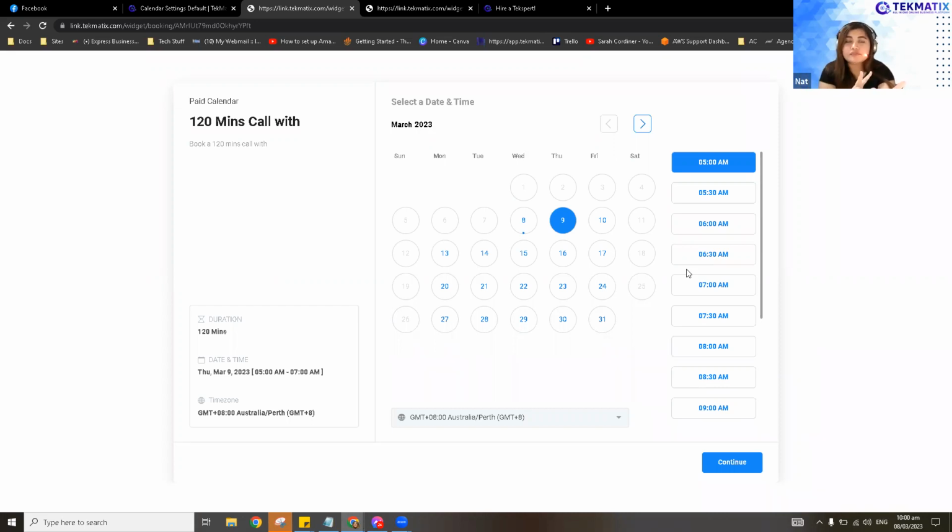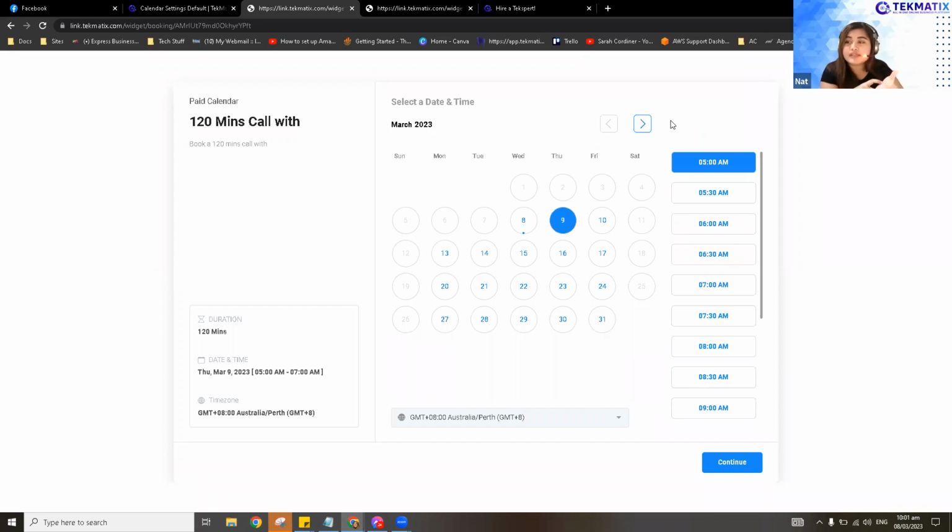Two-way sync is, for example, you have your Google Calendar in there, and you book a specific time or maybe block a specific time, and then you put an assignee on the emails and save it. With two-way sync, those contacts will be automatically added to your TekMatix account. So basically, TekMatix bookings will be populated to your Google Calendar, and all your Google Calendar bookings will be populated on TekMatix.